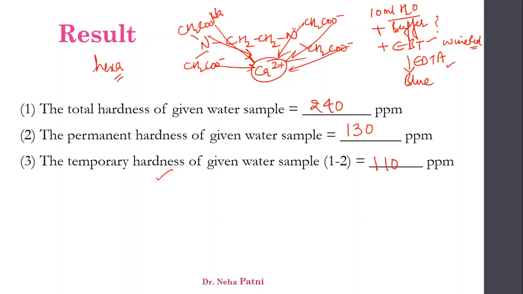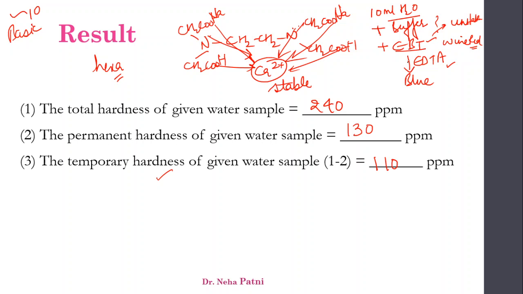Now here what we take is a disodium salt of EDTA, because EDTA does not dissolve in water as such, and that is why we have to take a disodium salt of EDTA. So if you want this complex to become stable, and the EBT complex to become unstable, for that I need it to be a basic medium. I need it to be around 10, a basic medium, because if it is acidic, it will be like H here, and then they will not react with calcium, and your complex becomes weaker, hexa to tetra to bi. So the EDTA complex has to be stronger, and at the same time EBT should behave weaker.